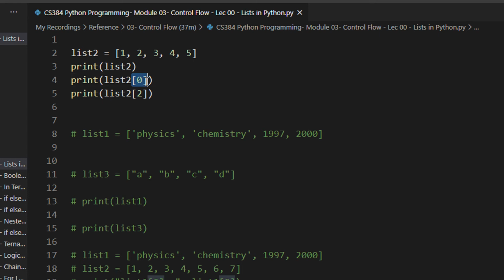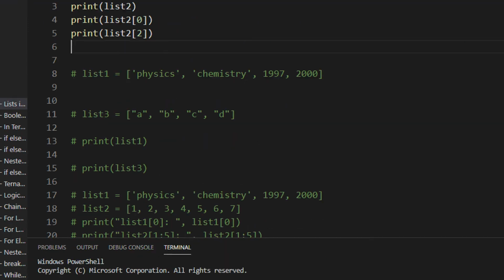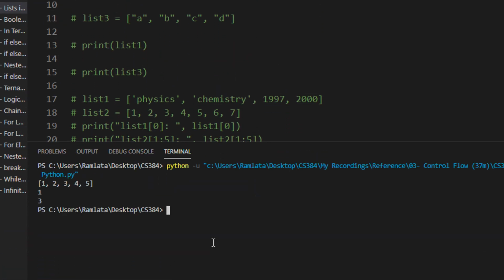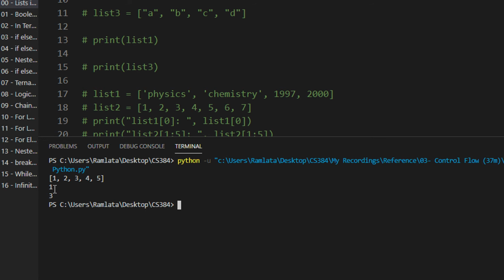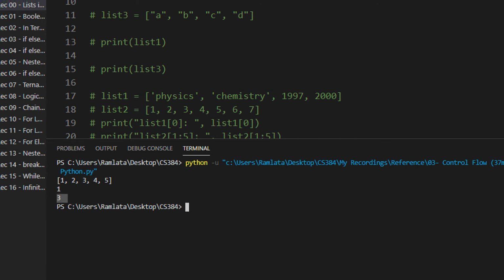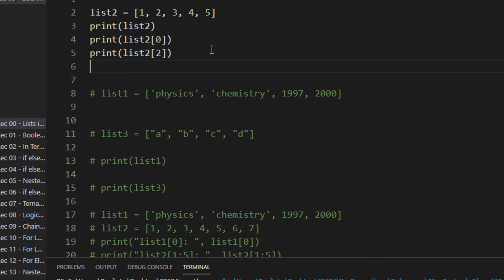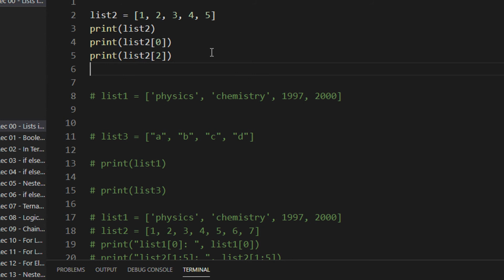So subscript 0 will refer to the first element of the list. Subscript 2 will refer to the third element of the list. Let us just check the output for this code. So you can see the first element of the list is 1, the element at position 0, right? So in short, the indexing of a list begins from 0.